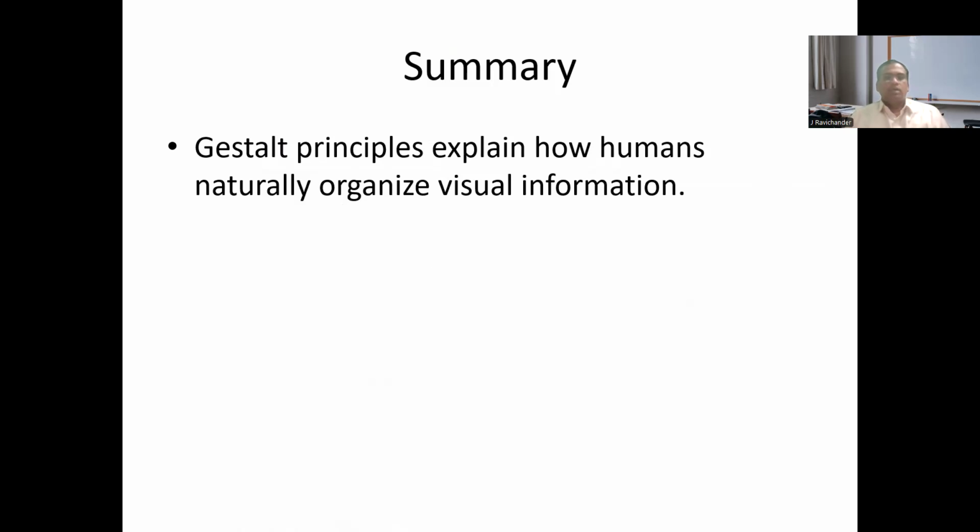So, in summary, Gestalt's principles explain how humans naturally organize visual information. Organization of visual information plays a vital role. So from this, in today's lecture,